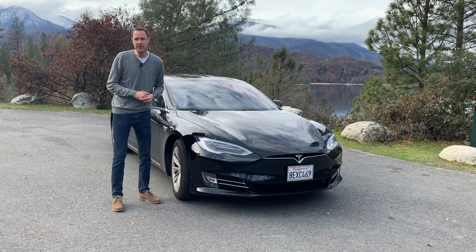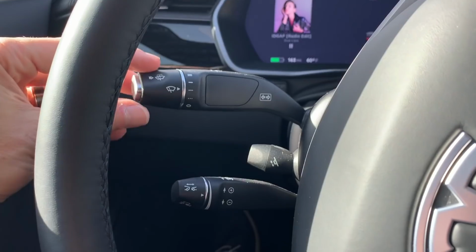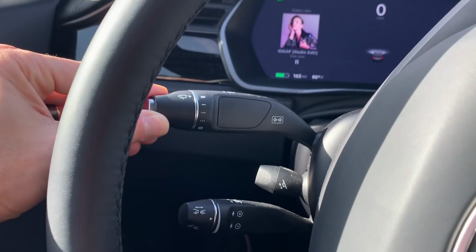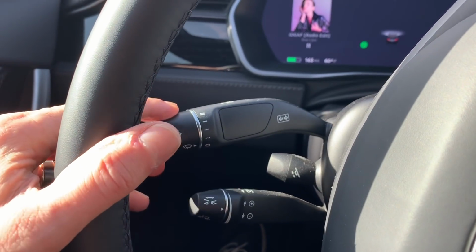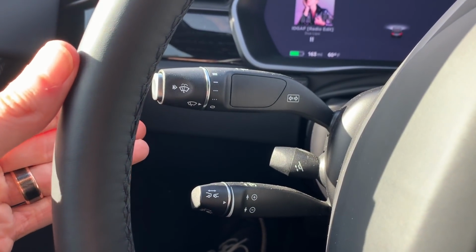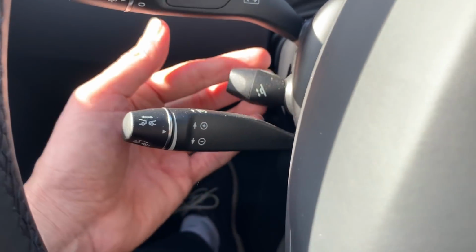Another thing that really stood out was the number of stalks on the steering wheel. You've got a total of 4. On the left side there are 3, and you've got the standard turn signal. It also adjusts the brightness of your lights, and you can adjust the windshield wipers as well. There's another stalk not too far from that which adjusts the enhanced autopilot, turning it on and off,